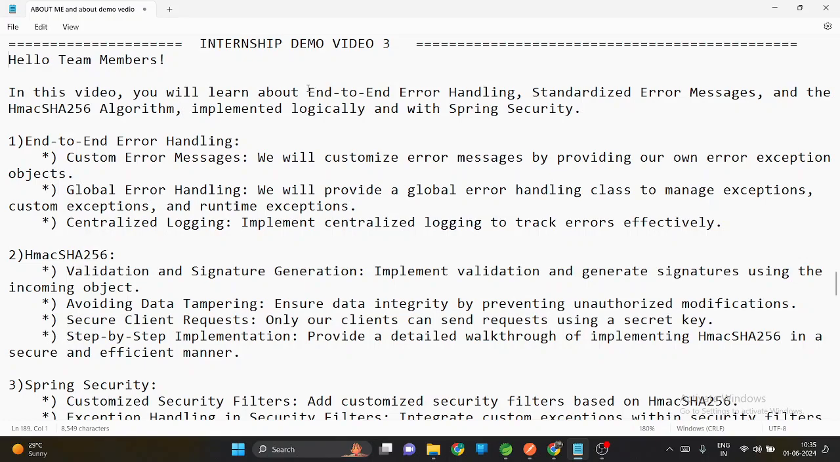You will learn about end-to-end error handling and standardizing the error message. We provide our custom error exception to Spring Boot, and we are telling it that we will handle the exception, you don't have to handle it. This time we are standardizing the error message, and also implementing the HmacSHA256 algorithm to avoid tampering with incoming data requests, and also implementing logic with Spring Security. We implement Spring Security by customizing the